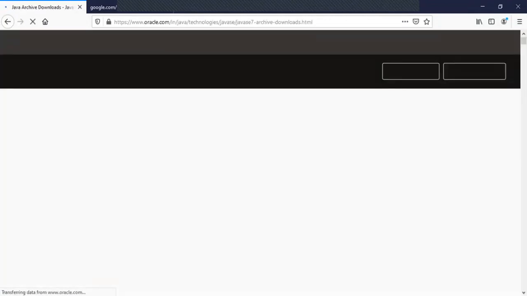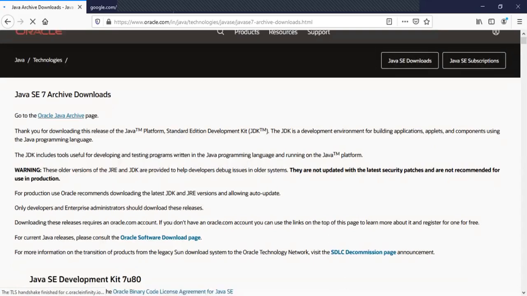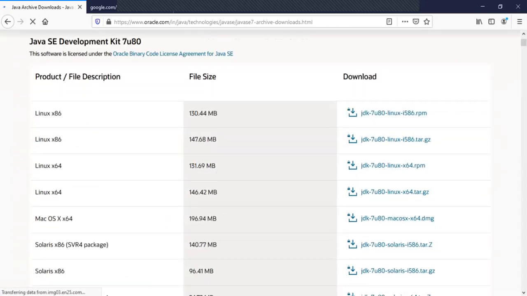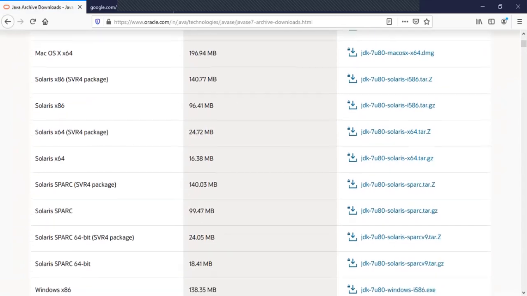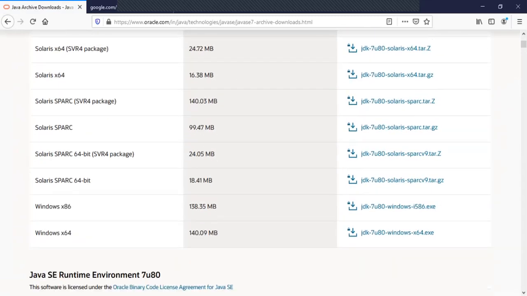I would like to select JDK version 7. So see here, it clearly displays the product and file description about which operating system you have in your computer system. And this is Windows x86, Windows x64. Here Windows x86 means it is Windows 32-bit whereas Windows x64 means 64-bit.